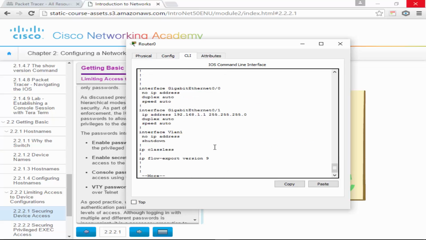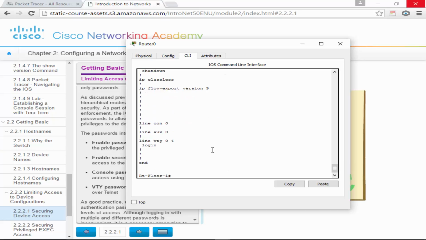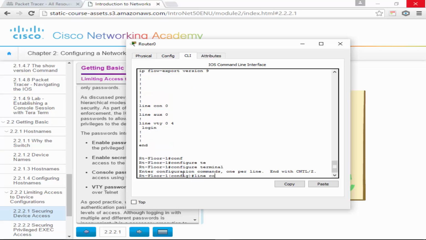but I could do show running config, and I hit the spacebar, and I hit the spacebar again. This is scrolling me down a page at a time, and it's got the different things. And I see right here, this is my line con 0, this is my line auxiliary, and this is my line VTY. Alright, so we go into configure terminal again, and we say line con 0,